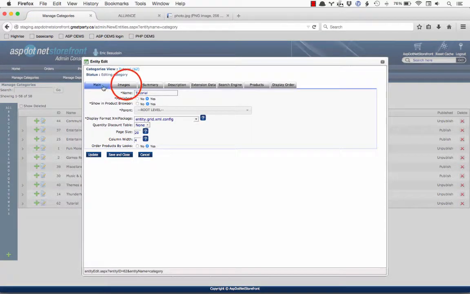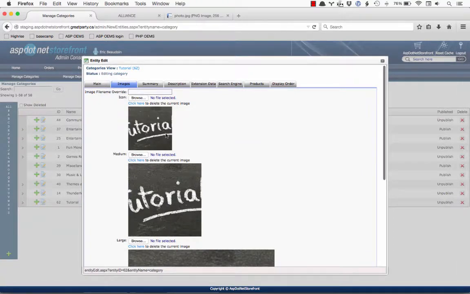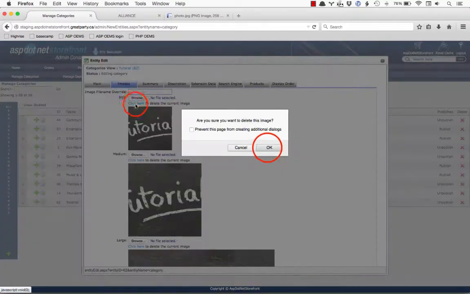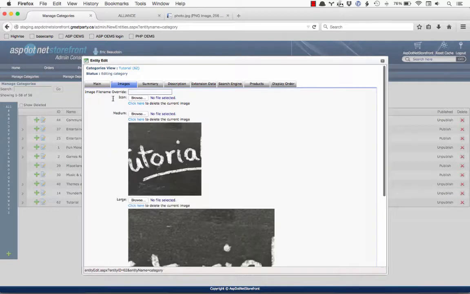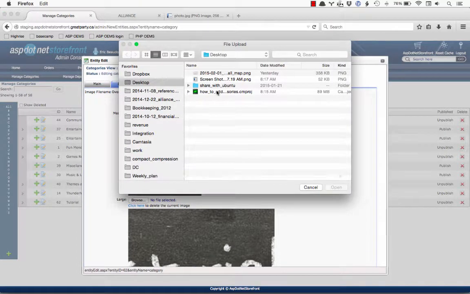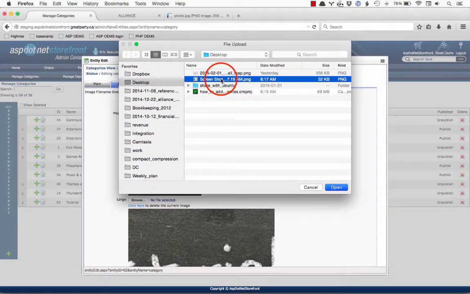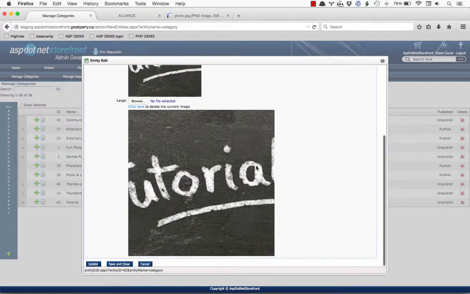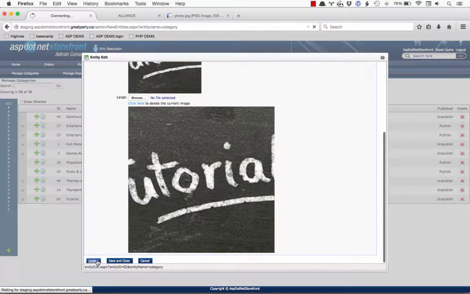Now there's an images tab. I just click on this image. Now you see that's the image that we've got here. I can click here to delete this image. Yes. Okay, so now the icon is gone. The icon, that's the small one. So now I'm going to say browse. I will go to the desktop and I will take the screenshot. So now if I go down there and say update,